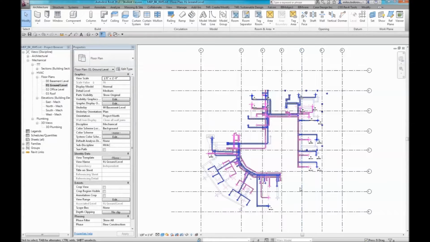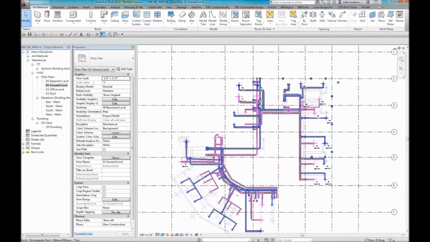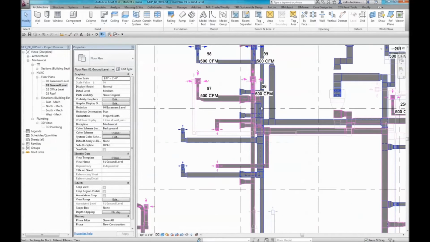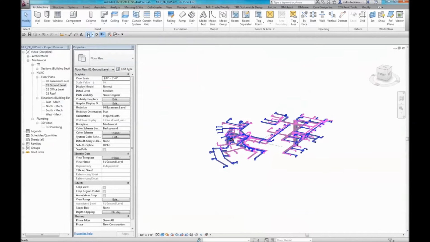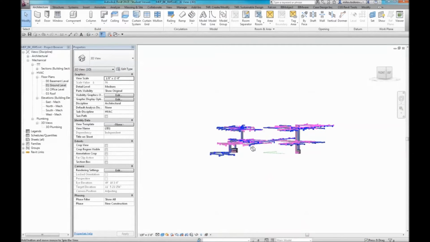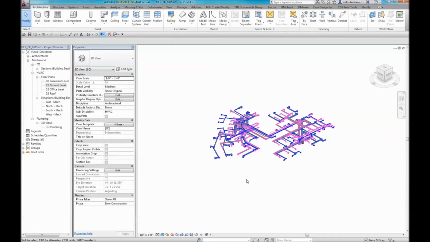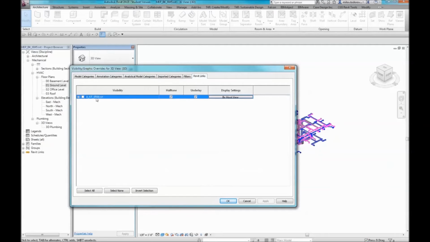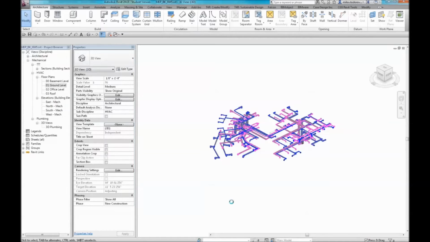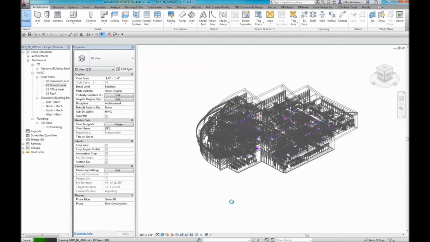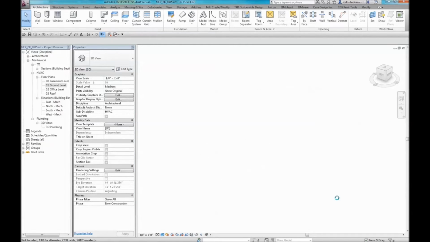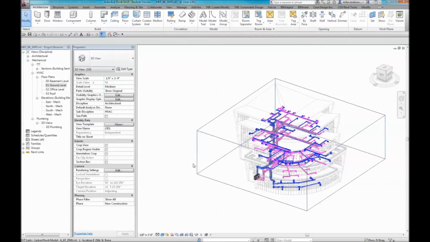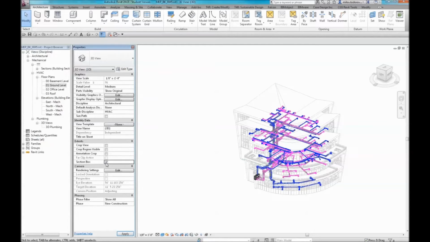Every model had links from other disciplines. Like here, we're viewing one of the MEP models in development. Here is a 3D view of the whole system. And if we turn on the link of the architectural model in the visibility graphics overrides dialog, and then use a 3D section box to cut the model, and let's say that we are interested in viewing the top floor and the placements of ducts for our office level,